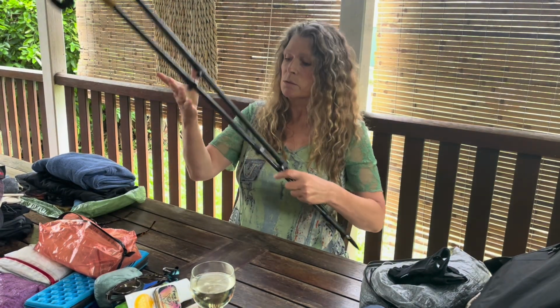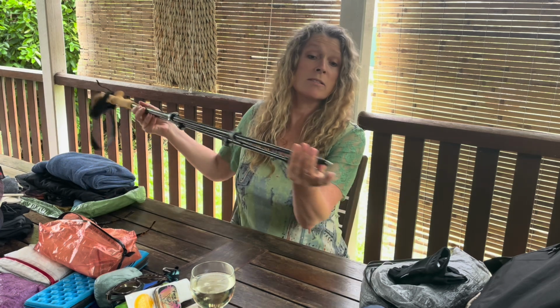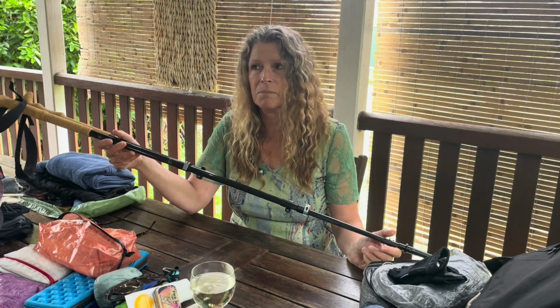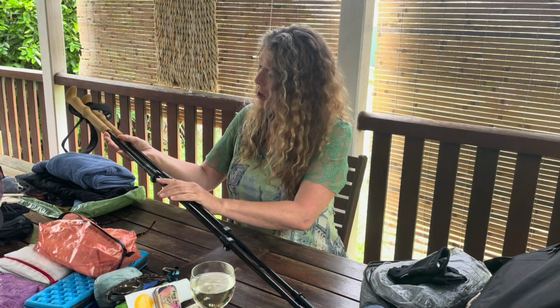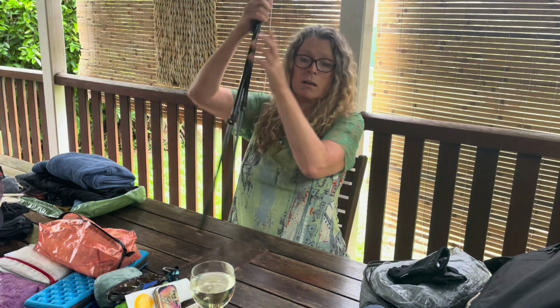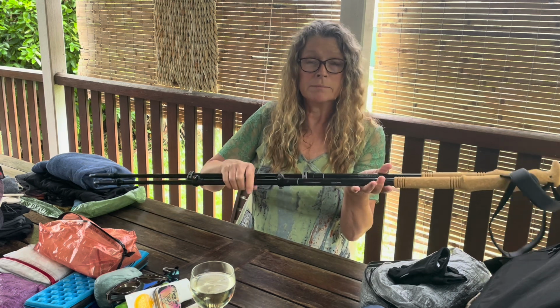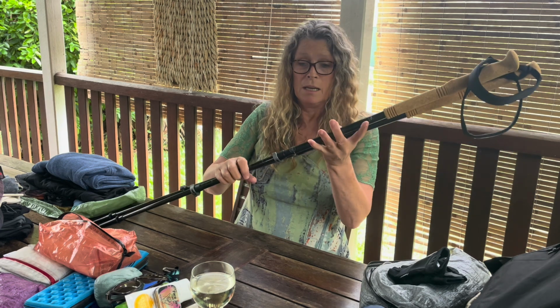Oh, another big change is my trekking poles. I was using a Z-Pack, but the ends just wear down. They're just not as strong as they need to be. These are, hang on, I've put my glasses on. These are, the brand is Compadel. They're carbon, they're light, and they're made in Austria. And I